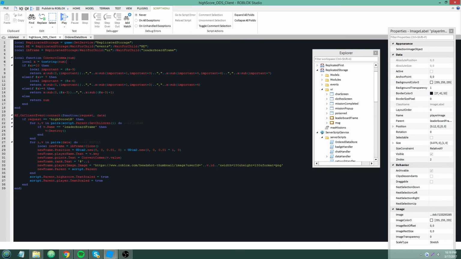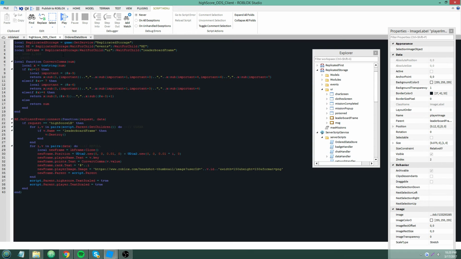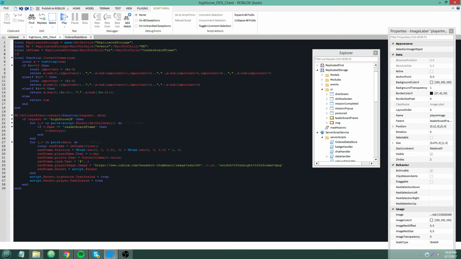ToString converts something to a string, so now we have that number as a string, and it turns, for example, 1000 into 1,000, or 10000 into 10,000. No one's actually gotten a score over 1,000 yet, so this isn't really in use and doesn't change anything as of now.